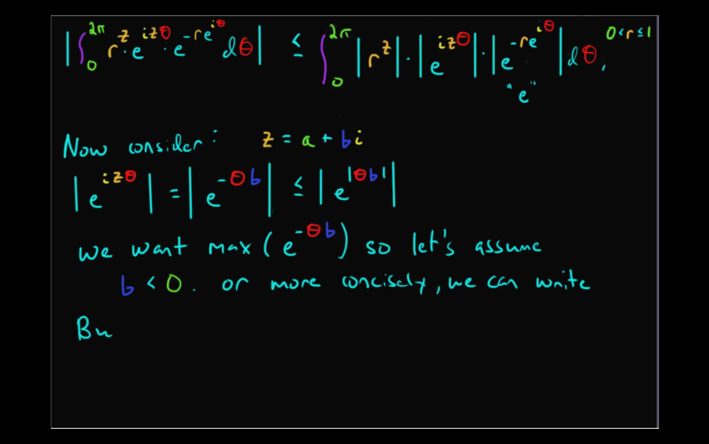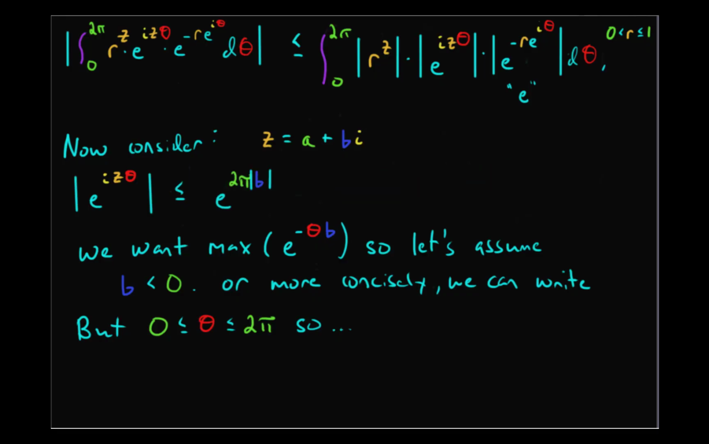But remember, theta ranges between 0 and 2 pi. So if I want to make e to the theta b as large as possible, I would do so by setting theta equal to 2 pi. And then I'll have that the modulus of e to the iz theta must be less than or equal to the modulus of e to the absolute value of 2 pi b. But of course, 2 pi is already positive, so I can just put the absolute value sign around b,